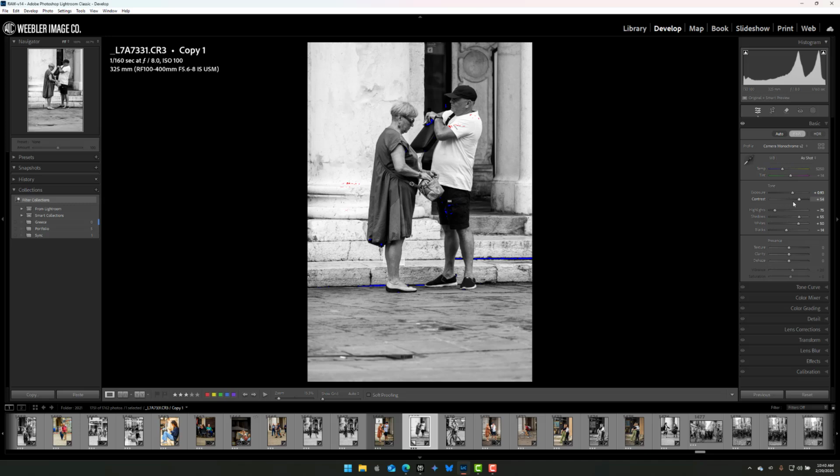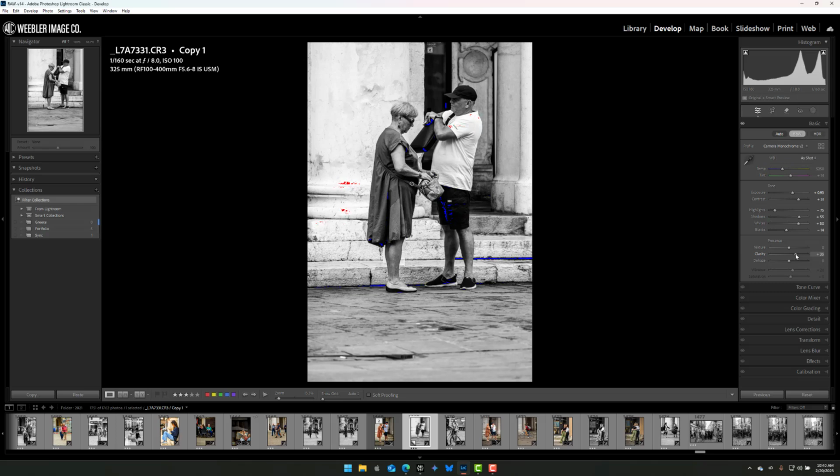I'm going to hit J so I can see the parts that are clipping in the highlights, which is red, and then the blue. The blue is the shadows. So I'm going to go ahead and just ignore those. I'm going to go a little bit more, and you'll see why. Alright, I'm digging that. Okay, I'm going to bump up the clarity a little